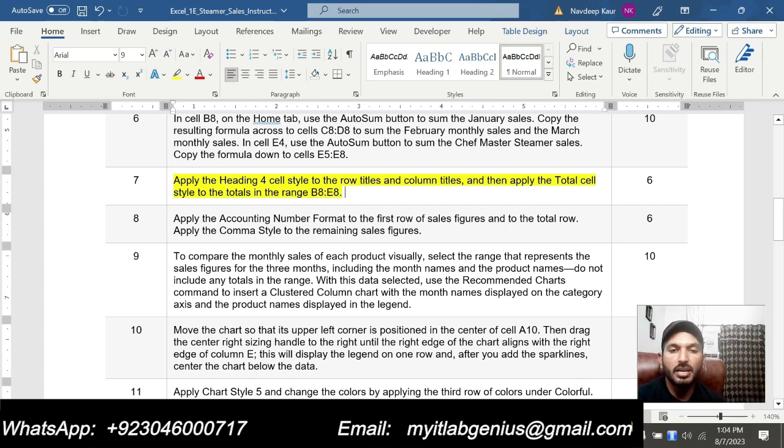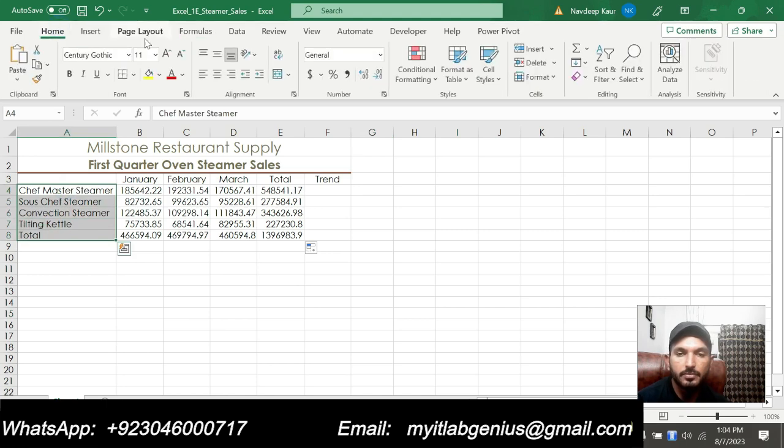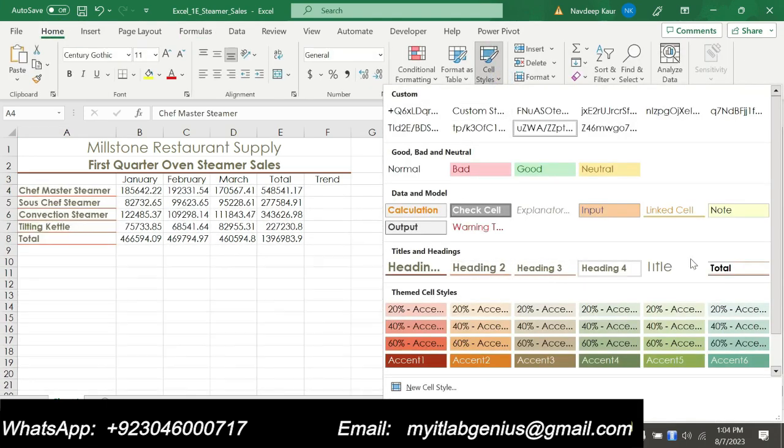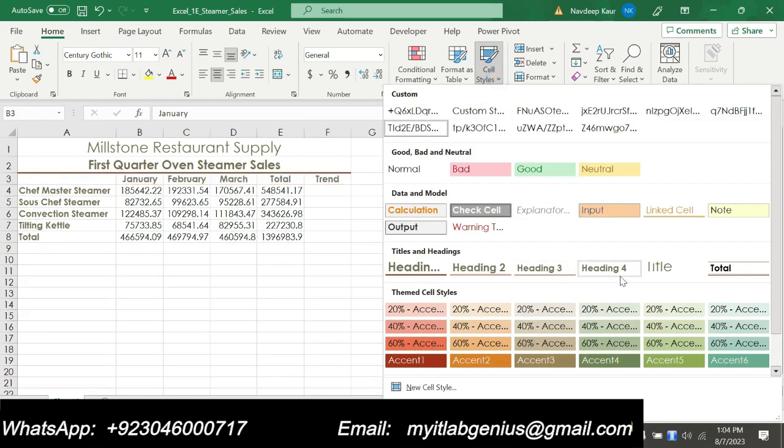First we are supposed to apply heading 4 cell style to the row titles and the column titles. Row titles are these ones, and we are supposed to apply the heading 4 style to these ones, and then these are the column titles, and we are supposed to apply heading 4 style.